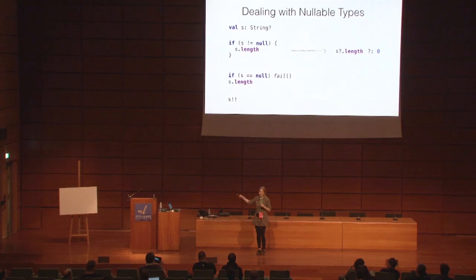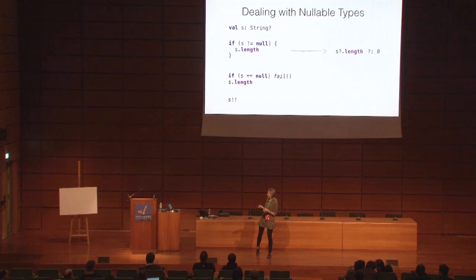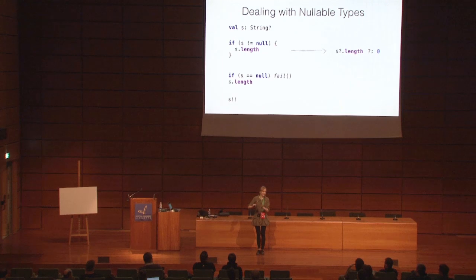And this nullable types feature is very similar to the Swift language. If someone knows Swift, you recognize this feature. And in Swift, they use one exclamation mark to say throw null pointer exception if it's null. In Kotlin, we use two. Please do not use these two exclamation marks. For rare cases, you can use it, but try to use safer ways.